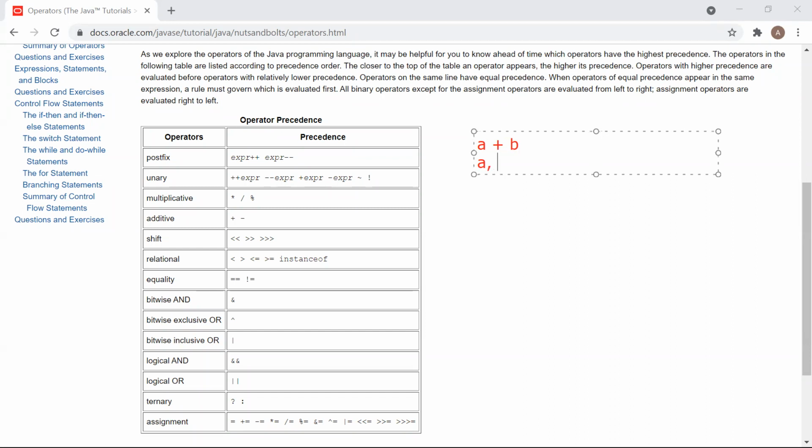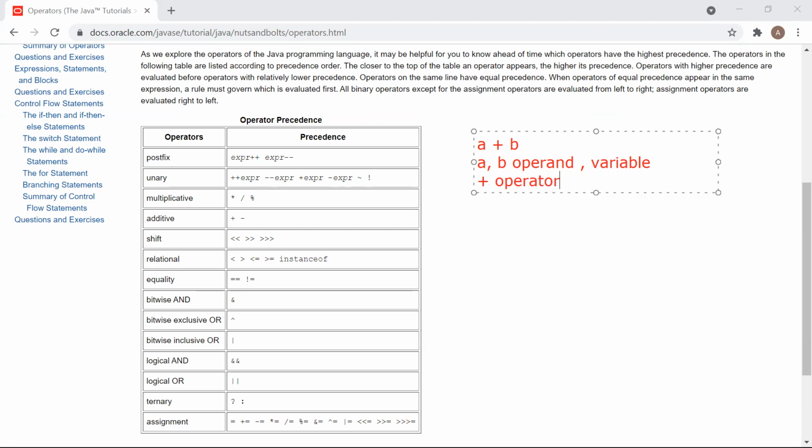So here A and B are what? Operands on which you are performing the multiplication, division, or addition operation. So A and B are operands, or you can say variables that will hold some value. Okay, and plus is the operator.